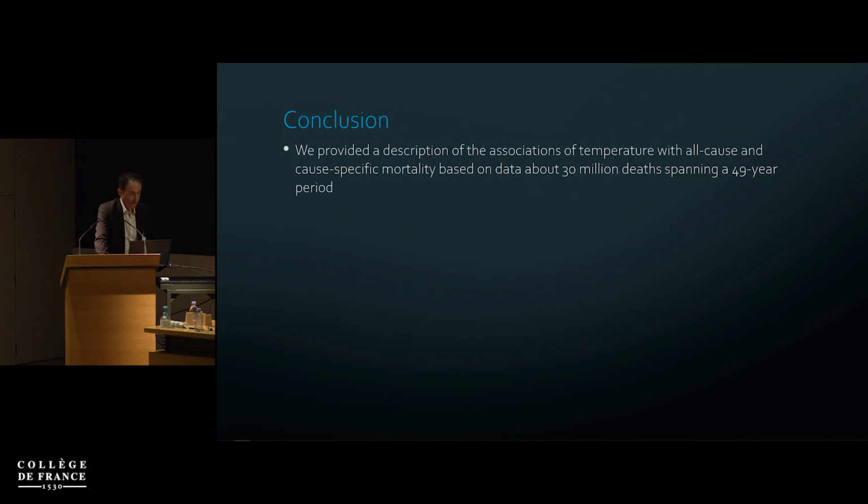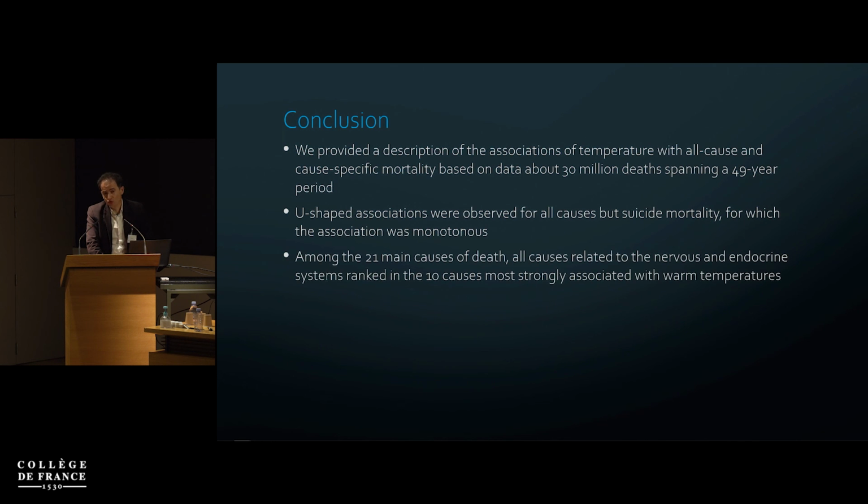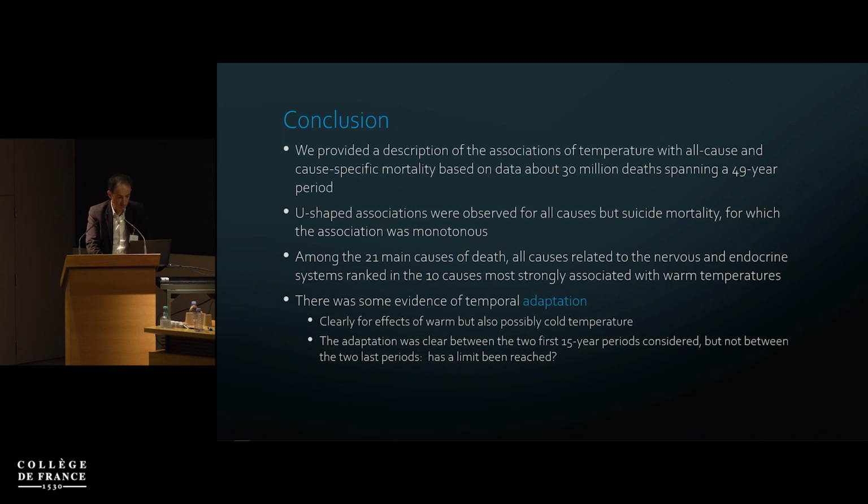So we have provided a description of the association between temperature and cause-specific mortality based on a dataset spanning about 50 years. U-shaped associations were observed, as was already known, for all causes but suicide mortality, for which the association was monotonous. Among the 21 causes of death that we studied, all causes related to the nervous and endocrine system ranked among the 10 causes most strongly associated with warm temperature. And there was some evidence of temporal adaptation, clearly for warm, but also possibly for cold temperatures,